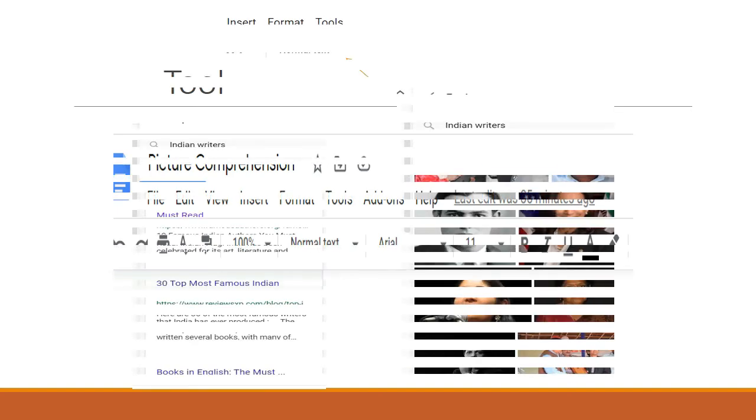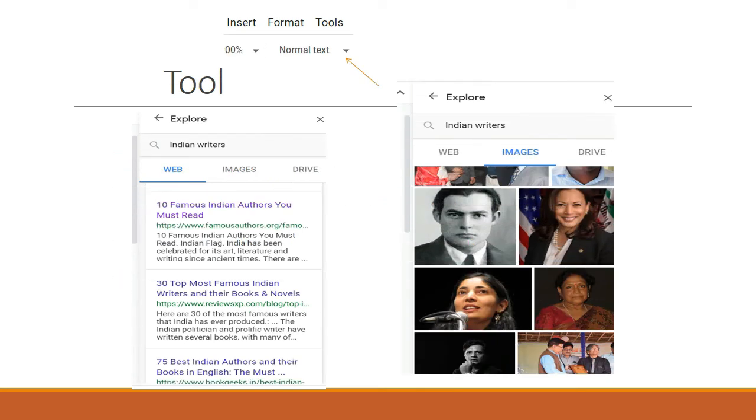Now let's explore in detail. Click on Tools to explore how to make use of web sources in a document related to your research topic. Here my research topic is Indian writers. I can make use of web sources like images, Word documents, links, YouTube, etc. I can merge all these to create a blog in Google Document.